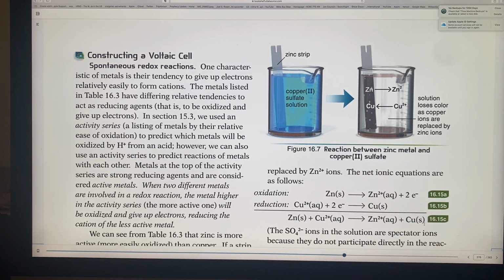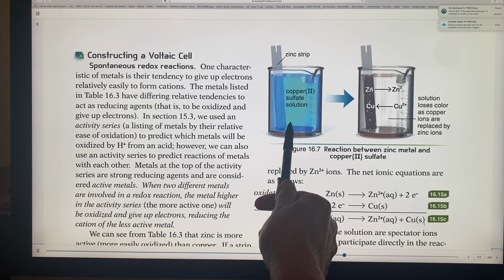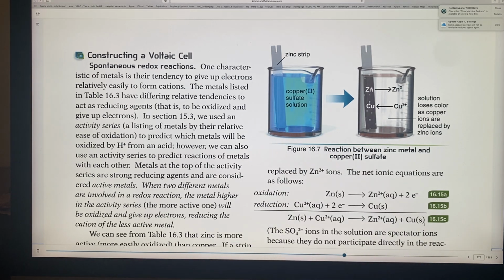We talked about that coating in the last section. So it's coating the zinc strip. This blue copper solution loses its color, and then the zinc has copper on it. This is what happens when you put a zinc strip, because the zinc is stronger, into the copper solution. Now try the opposite with the copper, you'll get nothing at all, because the copper is not strong enough to overcome